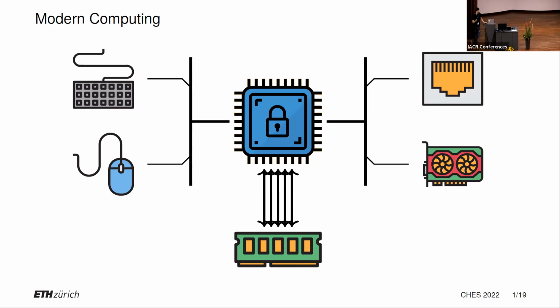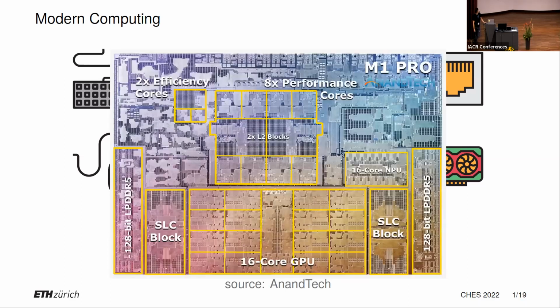Now, the main thing that's, okay, one more example. You don't have to trust me with this. This is a recent ARM, I think it's an Apple processor. And here you see, from the floor plan, only a small amount of the area is spent actually on cores, on compute cores.